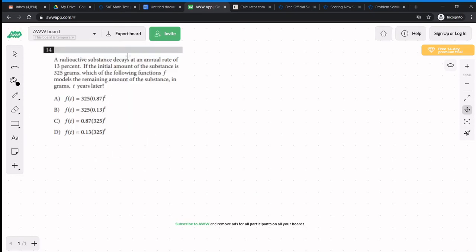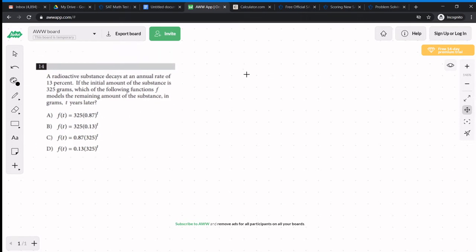So, a radioactive substance decays at an annual rate of 13%. If the initial amount of the substance is 325 grams, which of the following functions models the remaining amount of substance in grams t years later? So it's important to know how to format an exponential function. I'll give you a general formula that you can use for every one of these questions on the SAT test. Let's say f of t equals